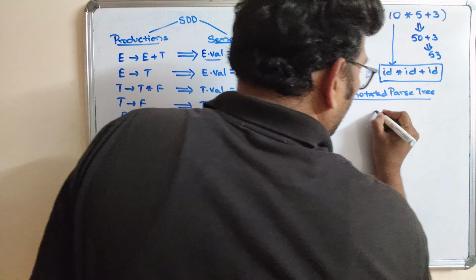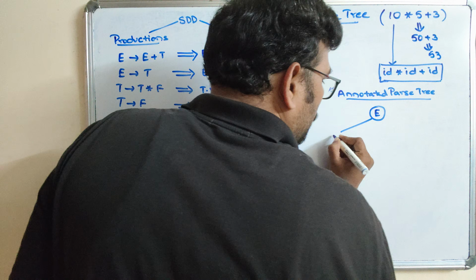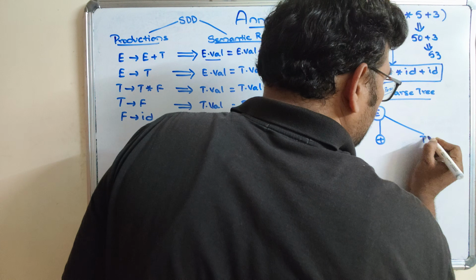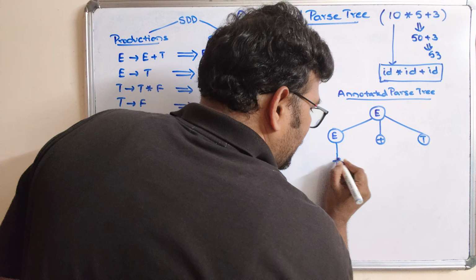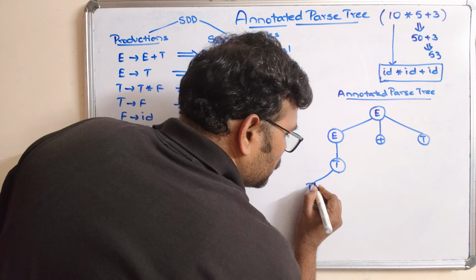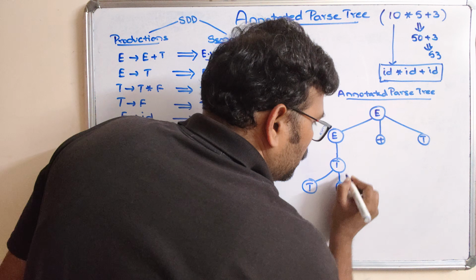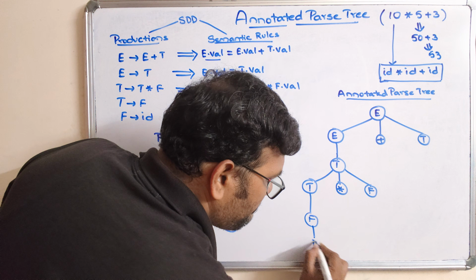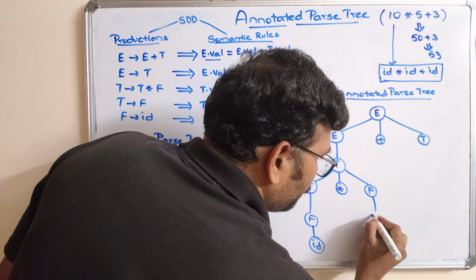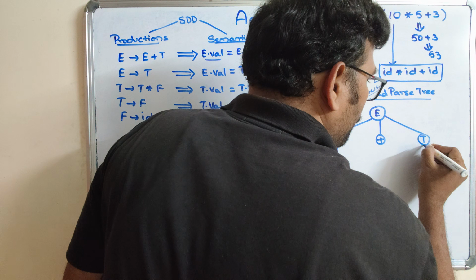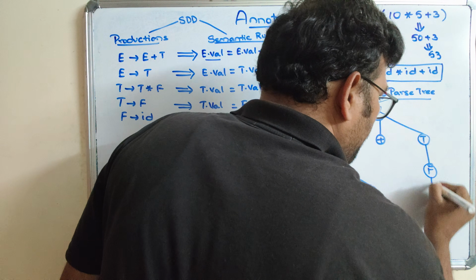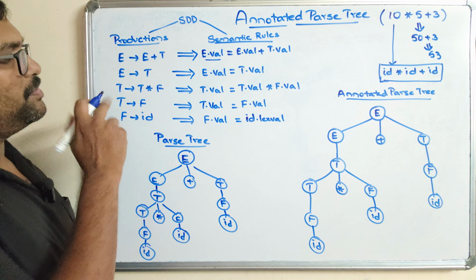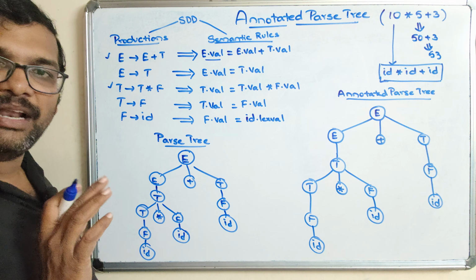So here I will write once again a parse tree. First we will write the parse tree, then we will convert it into an annotated parse tree. So this one is a T, which is further divided as T star F, and again F, ID, F, ID, F, ID. See here you can observe some productions like this one and this one, we are having some left recursion,